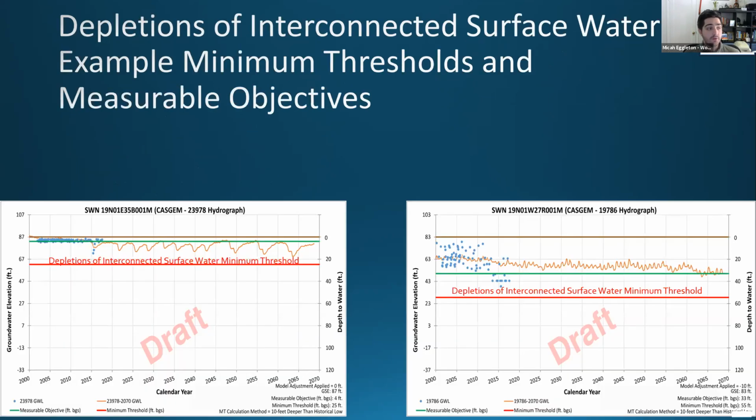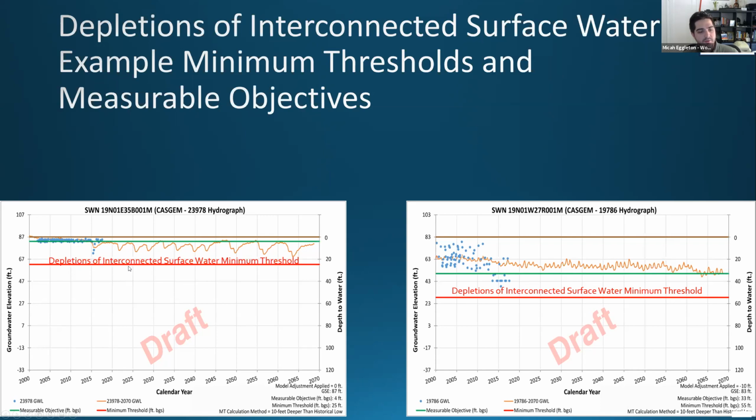So let's look at a few example hydrographs. Again, often in these interconnected surface waters, we see levels that are a lot shallower in these wells. So over here, this might even be one of the examples we were just looking at, the last sustainability indicator. You can see that our green line is the average of the last 5 year measurements. We incorporate that drought period in 2015. It's dipped down, which is why the green line is a little bit lower in this blue stretch.